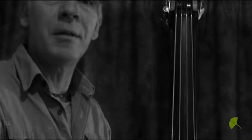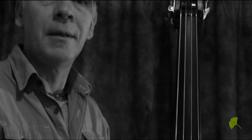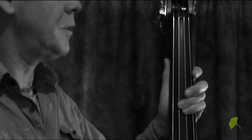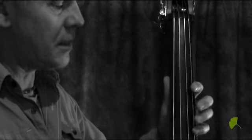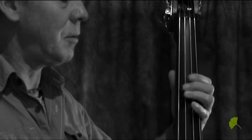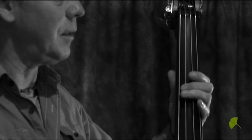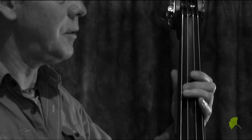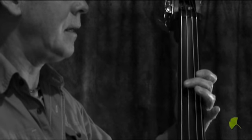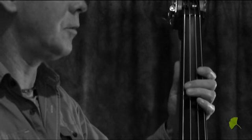In this example I'm going to play Don't Let Your Deal Go Down with the 7th note of the scale added in. So in D that'll go like this, D, F sharp, A, and then we need a C, and I could play the C here high up on the G string, but it probably sounds better and a little bit more in tune with what's going on to go to the low C. So we'll go D, F sharp, A, low C, which is the 7th note in the chord of D,